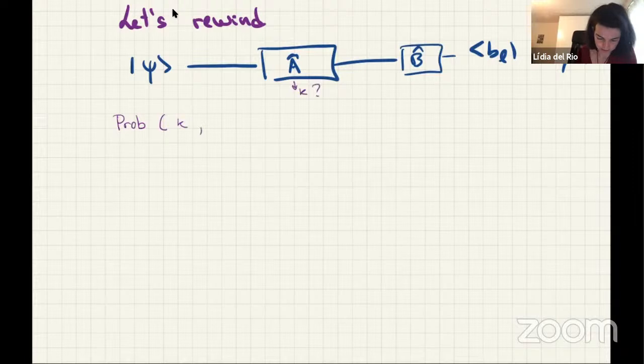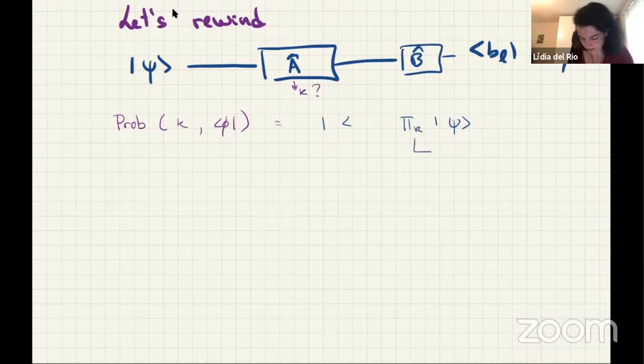Given that I got this outcome phi at the end, that I could post-select successfully in that thing. Well, this is just the probability that you start with your original state, then you made this measurement and you only care about the successful cases,